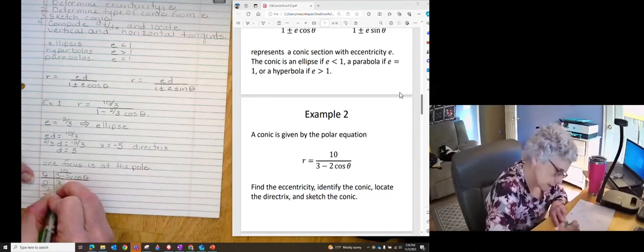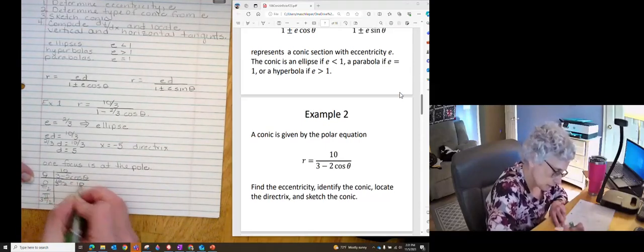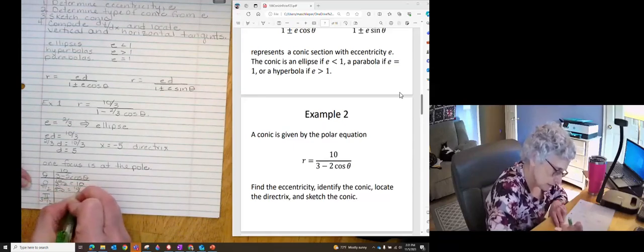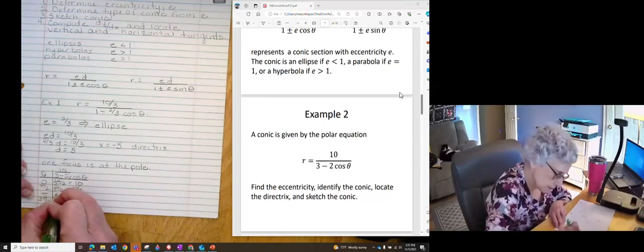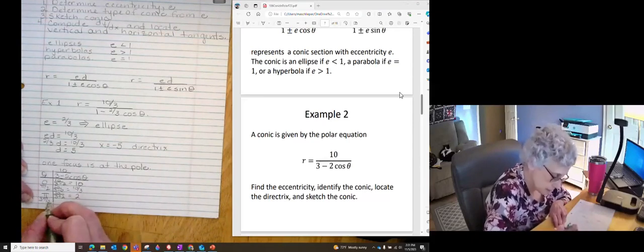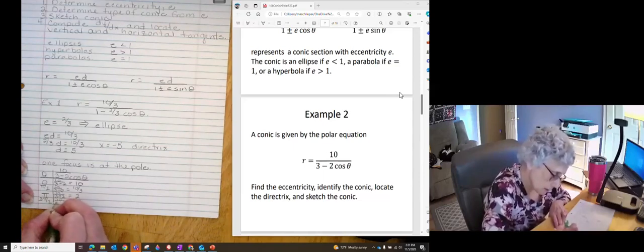So when I plug 0 in, I get 10 over 3 minus 2, so 10 over 1. When I plug pi halves in, I get 10 over 3 minus 0, 10/3. At pi, I get 10 over 3 minus -2, so 3 plus 2. And when I plug 3 pi halves in, I get 10 over 3 minus 0,